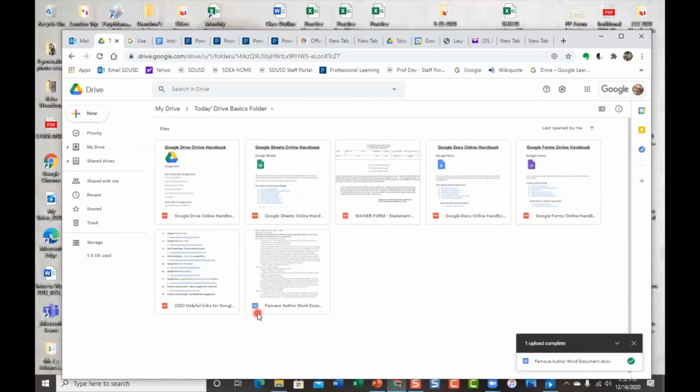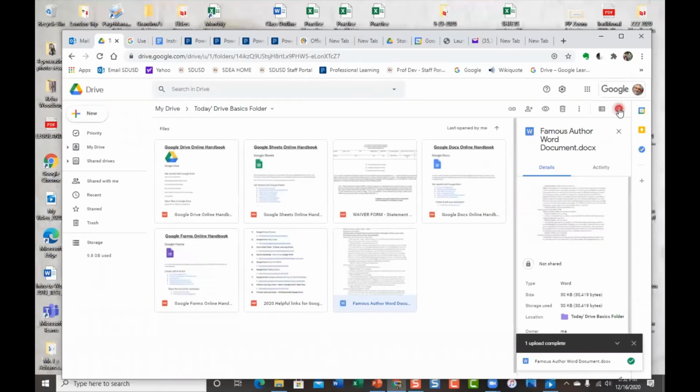It's not a Google Doc. All right. A Google Doc is also blue, but it looks different. This has a W, so I know it's a Word file. In fact, if I click on it one time and I go over here to,